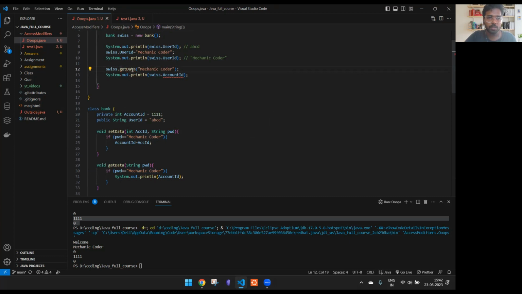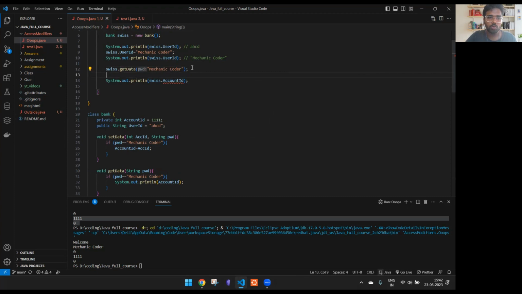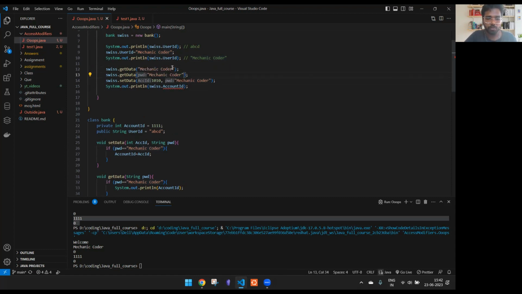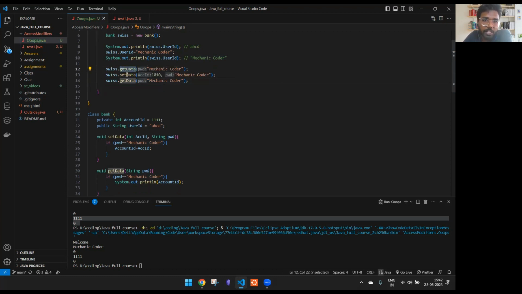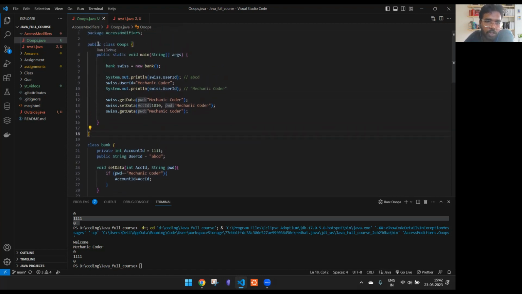let's change it to capital G. Okay, so once that is done, then we have to call the set data. So let's do this dot set data and let's change it to 1010. And for password, we need to pass mechanic coder itself, otherwise it will be wrong because that's what we have given in the condition. And then again, we'll confirm if that has been changed properly. So first get the data, then set the data, again get the data to confirm. And if we check it,